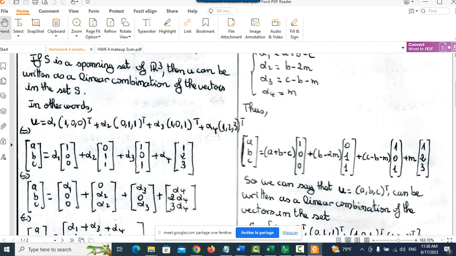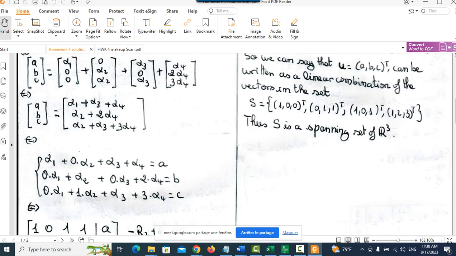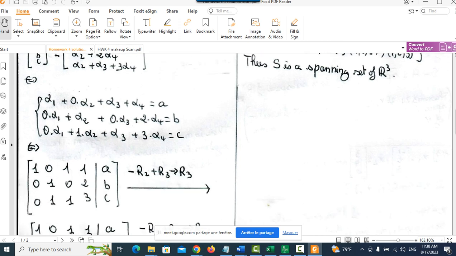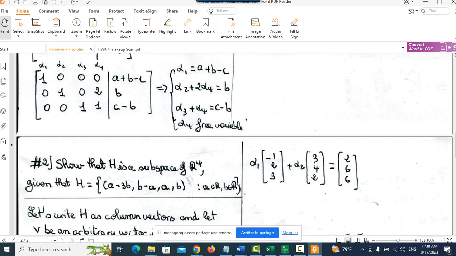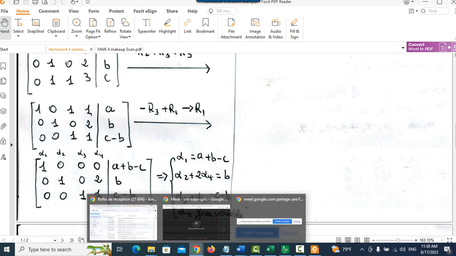I multiply by alpha 1, do the sum, and obtain this. Remember, my goal is to find alpha 1, alpha 2, alpha 3, and alpha 4. I noticed this is a system of equations with unknowns alpha 1, alpha 2, alpha 3, and alpha 4. When I solve it, I obtain the following: alpha 1 equals a plus b minus c, alpha 2 is equal to b,